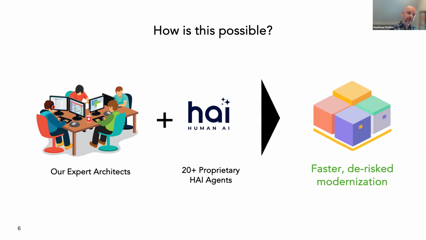That said, I would like to open up the toolbox a little bit and show you what's under the covers here. I mentioned before that we have about 20-plus human AI agents. I'm not going to go too deep here. Like Drew said, I'm happy to do a deeper demo at a later point. That would be awesome. But I wanted to give you a flavor of what these agents are all about.